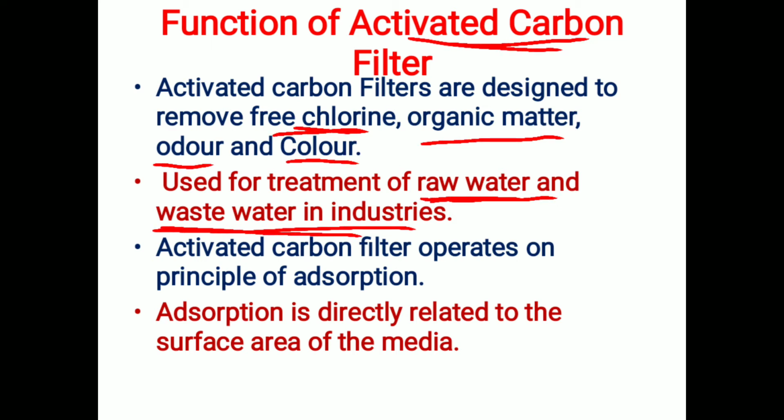That is, treated water from the ETP and STP is treated inside this activated carbon filter. In wastewater treatment it is used for final treatment of water, and in raw water treatment it is used for the treatment of inlet water of that plant, that is, inlet water of the DM plant and purified water plant.